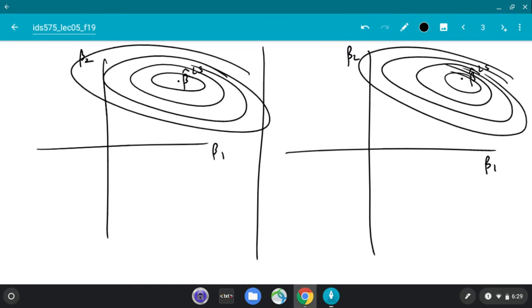Okay. So I'm trying to draw the same diagram. It's messed up, but